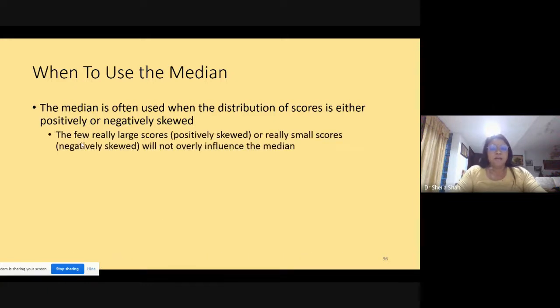You will come across the term skewed, positively or negatively skewed. That means when you get your scores, the shape of the bell curve is either more towards the right or more towards the left. When do you get this? If you are doing a questionnaire with a Likert scale of 1 to 5, most of your respondents gave answers between 4 and 5. Nobody gave an answer for number 1. All gave highly satisfied,